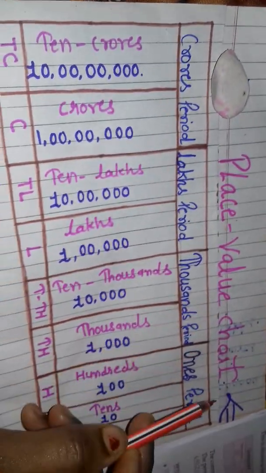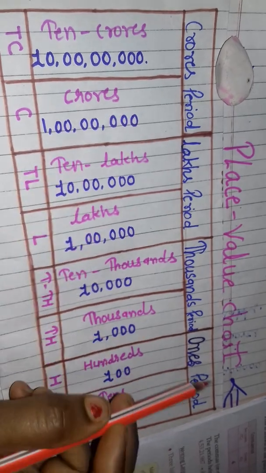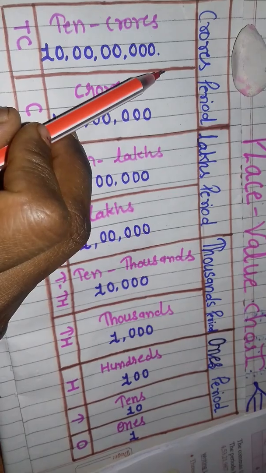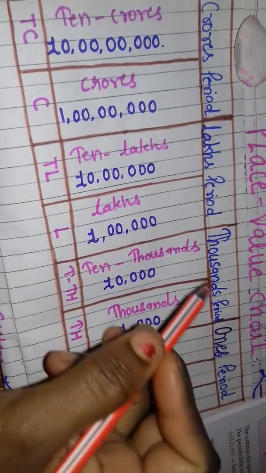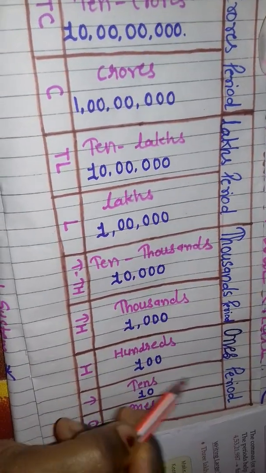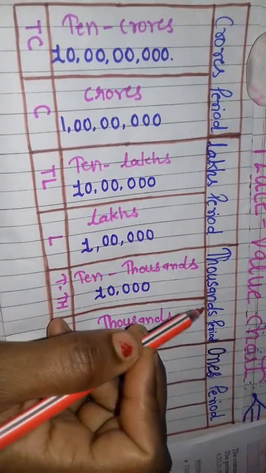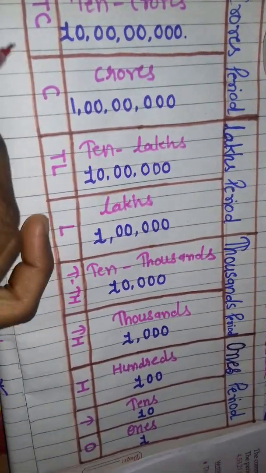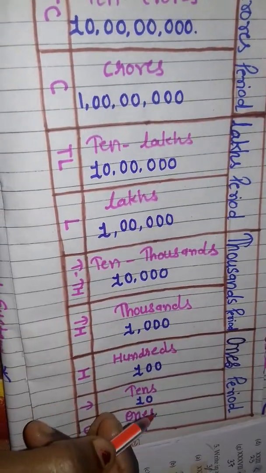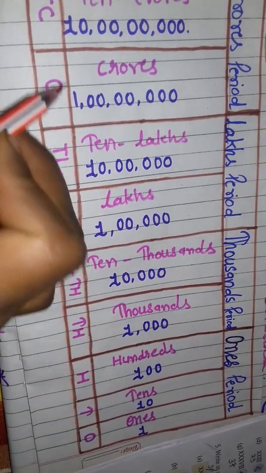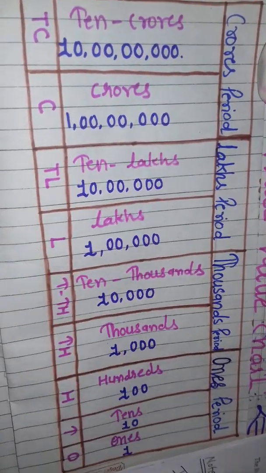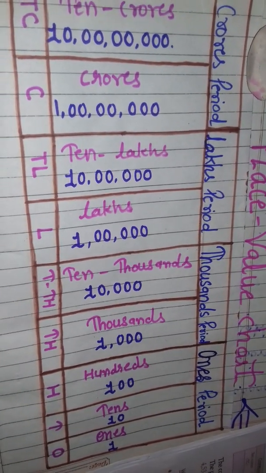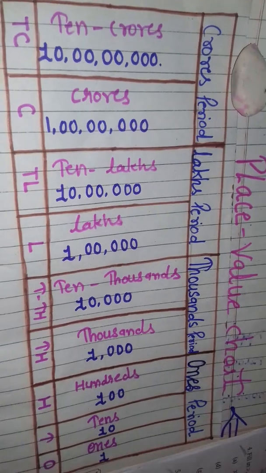First you will write place value chart, then you will divide the periods, basic periods, ones period, thousand period, lakhs period, crores period, and then you will further divide all the periods. First ones period you will divide into three parts, then all other thousand, lakh and crore period you will divide into two parts, and then at down you will write their shorts, and in between you will write how many digits will come in each periods. Okay, so let's move ahead towards our exercise work. And see this carefully students, you have to draw this.